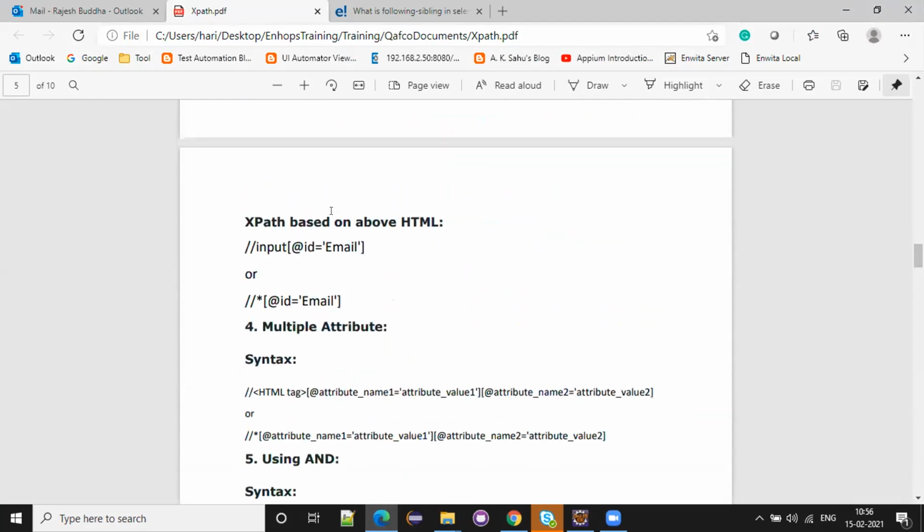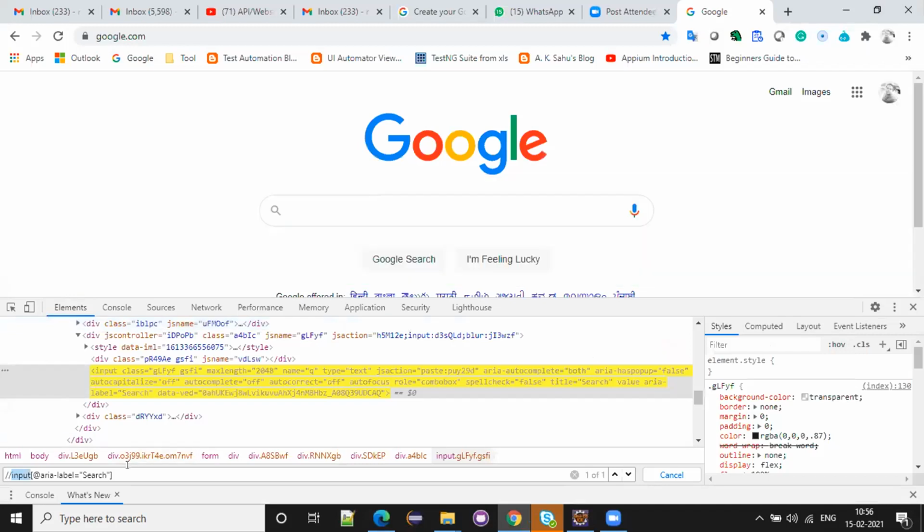I said single attribute. Now multiple attributes. So what are multiple attributes? Now I used only one attribute, right? I want to use two attributes here. How can you use two attributes? Attribute name equal to, and name equal to q.